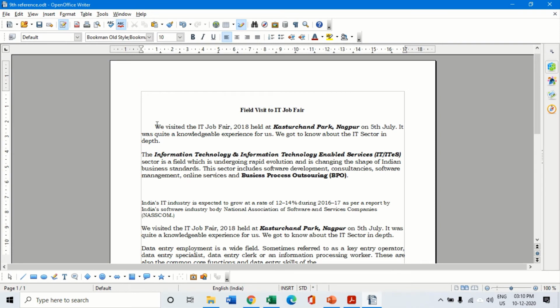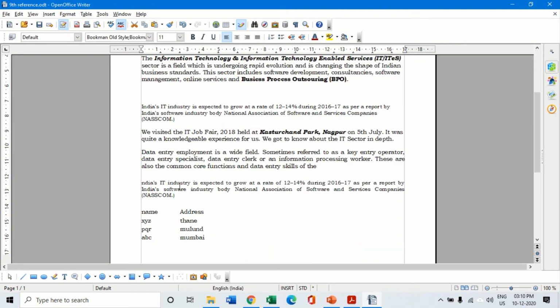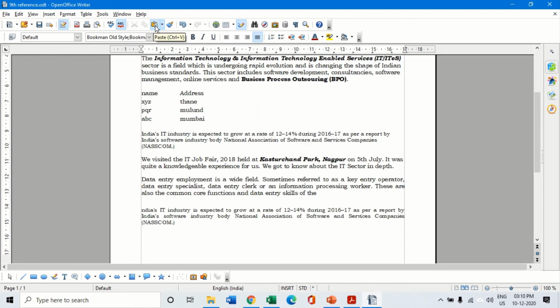Another method is for cutting text and pasting. Suppose I want to select this and cut it from here. Then the option is to click on Ctrl plus X or the cut button, place my cursor wherever I want it, and click on the paste button or Ctrl plus V. So copying and pasting of text, you have been doing it from your smaller classes, so you know very well. Ctrl plus C is for copy, Ctrl plus X is for cut, and Ctrl plus V is for paste. So selection of text, as I told you, is needed for the editing options of copy and paste.